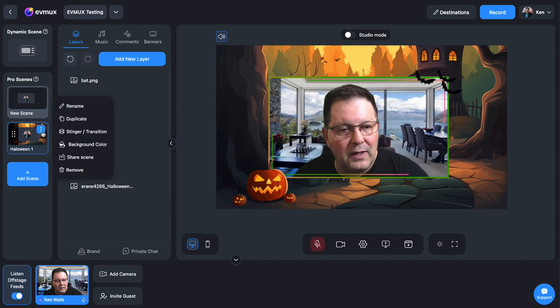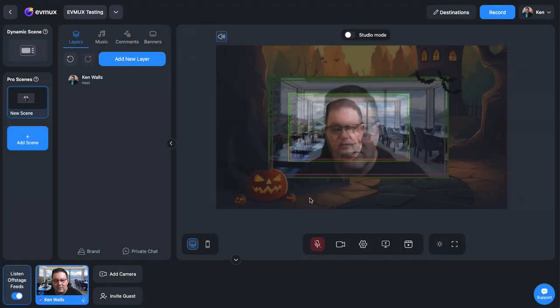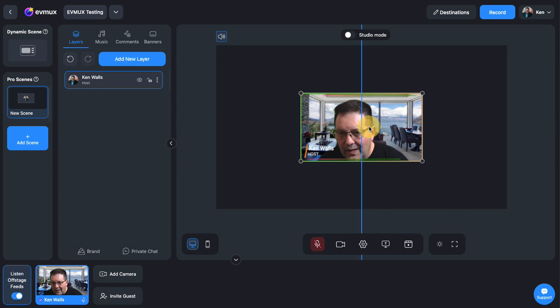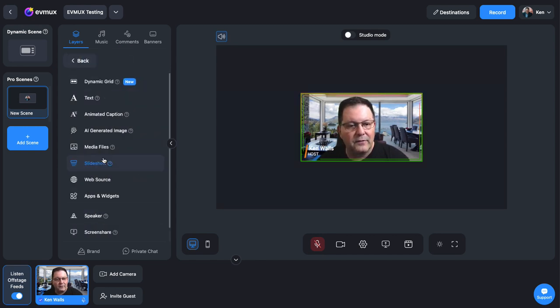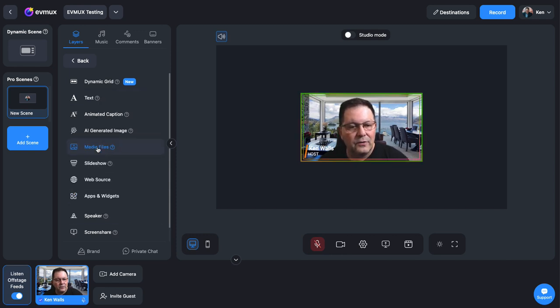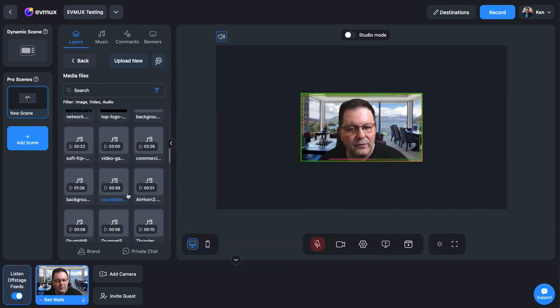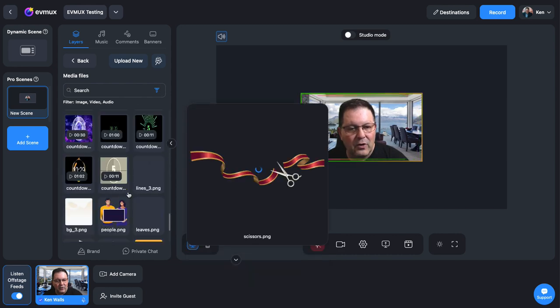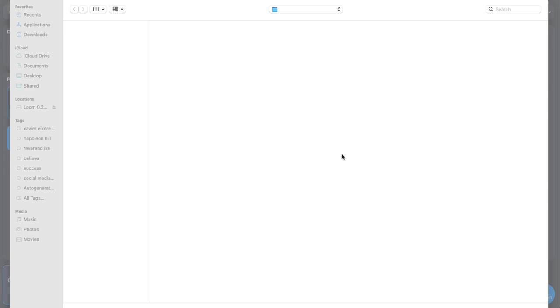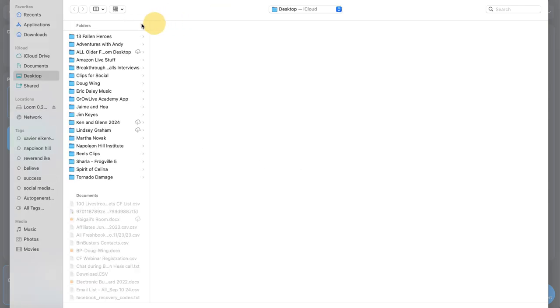So I'm going to go ahead and delete this. I'm going to remove this scene from the pro scenes and go back to my blank canvas. So now maybe I want to make my own Halloween type thing. So I can go in here and click on, if you noticed, I clicked add a new layer, and I can go down here to media files, and you'll see that my media files have all kinds of files in them, but I can also click upload new. And when I click upload new, it's going to give me a window that pops up,